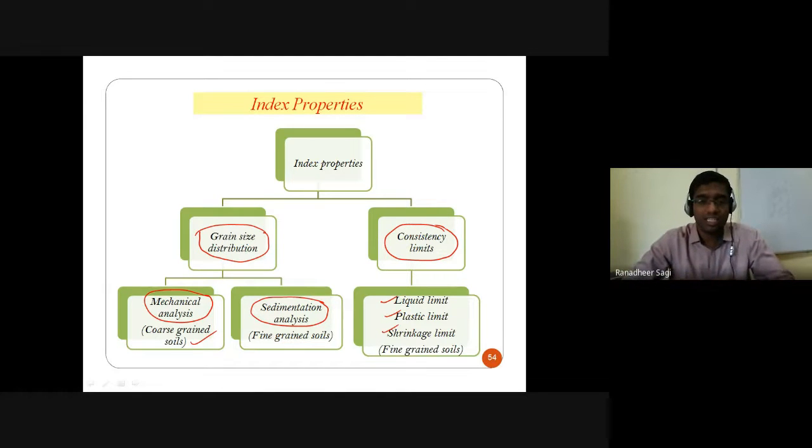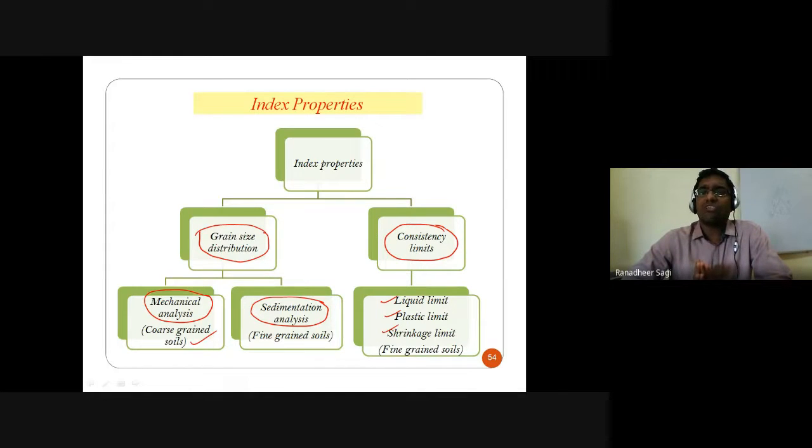We cannot understand that. So for doing that, what we first do is we take that particular soil for which the grain size distribution analysis is required. We take that soil, we wash that soil, and we allow that washed proportion of the soil to pass through a 75 microns sieve. I repeat, we allow that solution of water to pass through your 75 microns sieve.